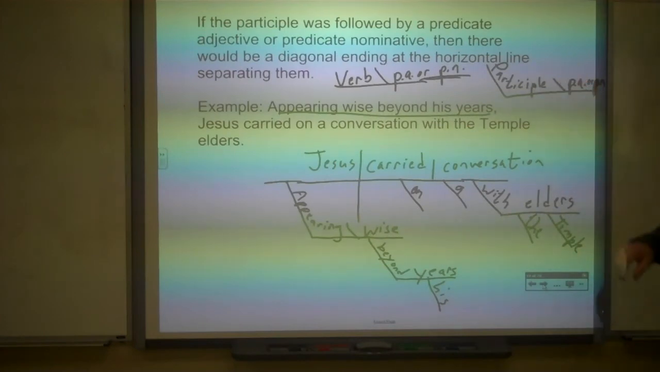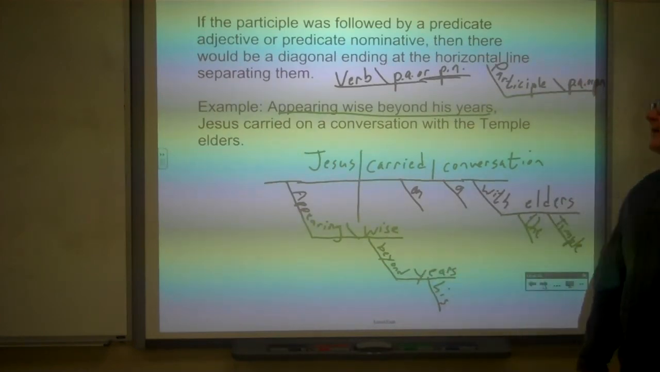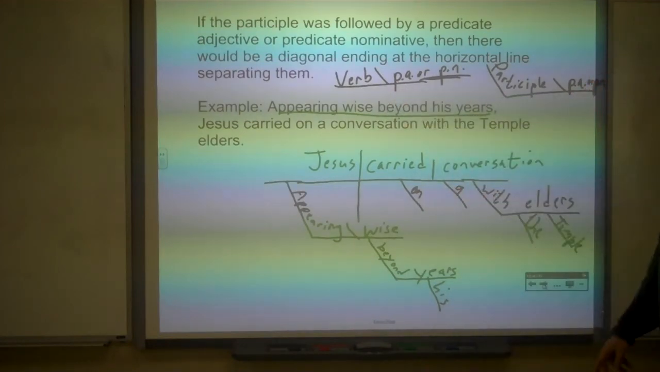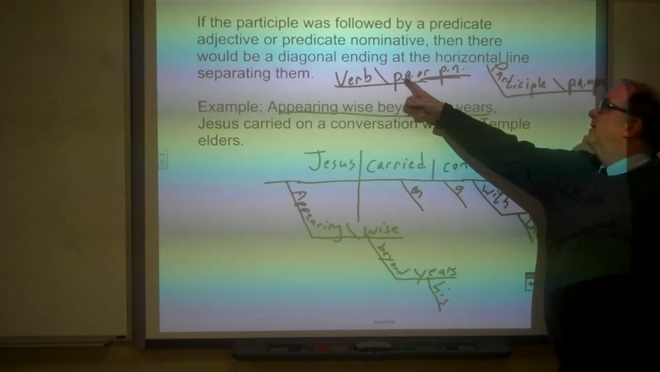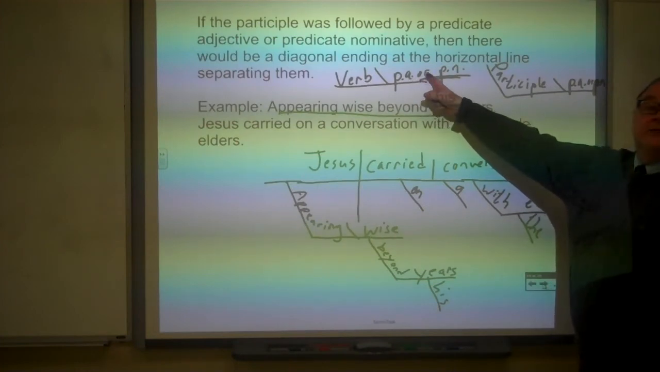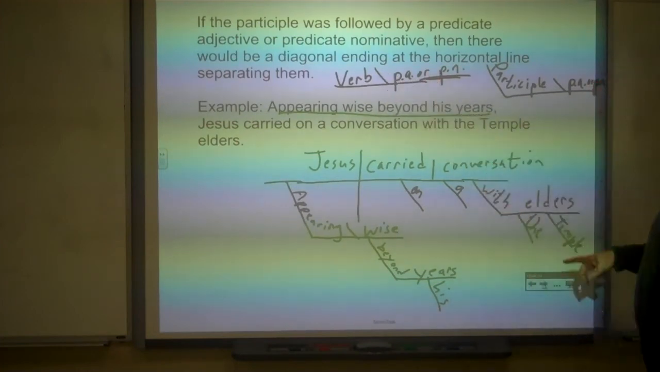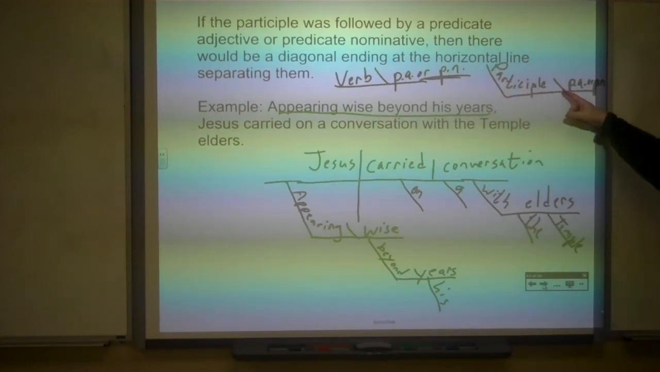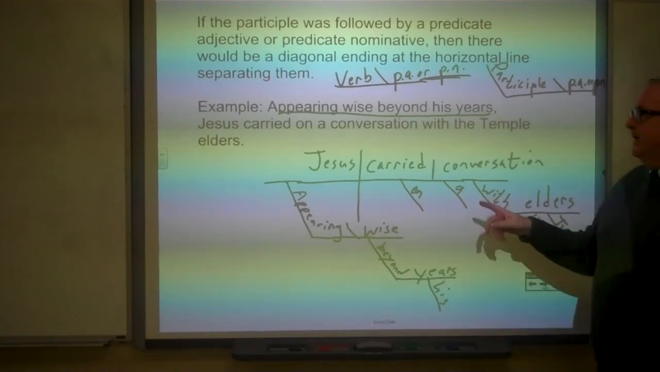Okay, if the participle were followed by a predicate adjective or predicate nominative, there would be a diagonal ending at the horizontal line separating them. So we have the verb followed by a predicate adjective or predicate nominative, then we have a diagonal. So it's that way with the participle. We have the participle on the diagonal plus the horizontal. On the horizontal we have another, shorter diagonal, followed by the predicate adjective or predicate nominative. Okay, so